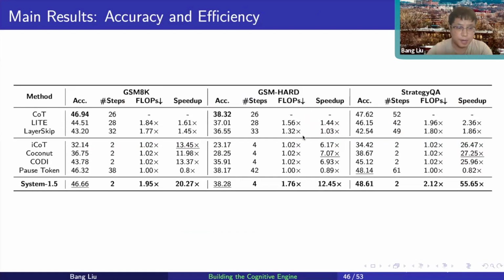We can compare it with different baselines, and we maintain the accuracy, which is as good or even slightly better than self-thought reasoning. But we only need, let's say, 2 to 4 steps, which means just 2 to 4 time steps to perform the reasoning. In comparison, those baselines need more than 20 to 40 steps to reason about the answer. And we also speed up by more than 20 times. So we used much fewer reasoning steps, we are much faster, and the performance is as good as original chain of thought reasoning.